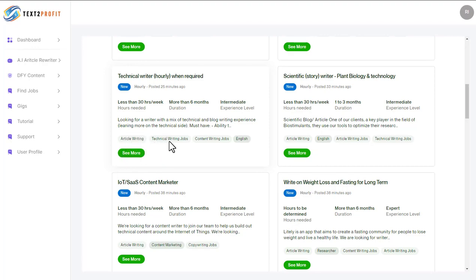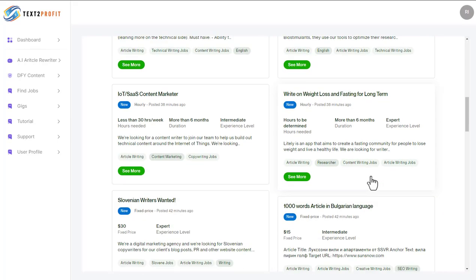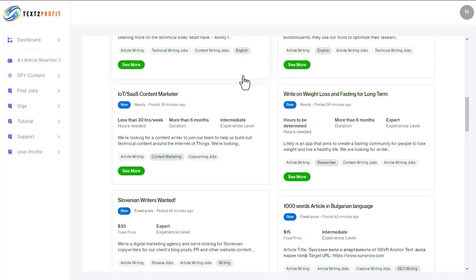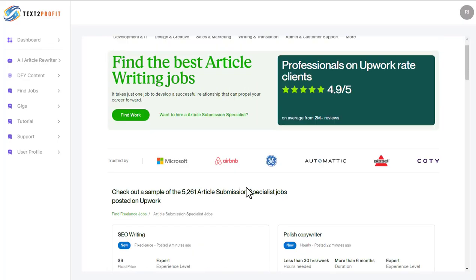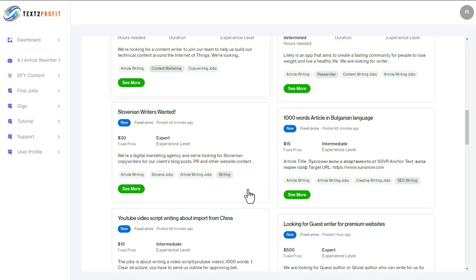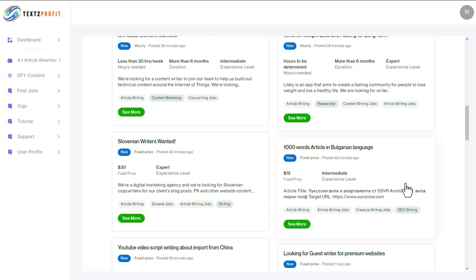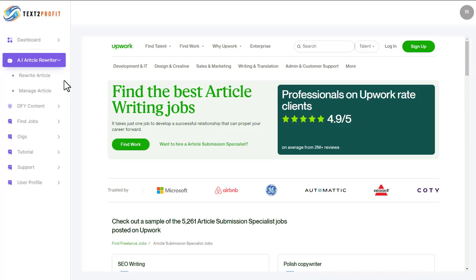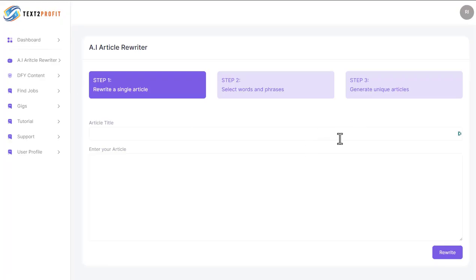These are article writing, technical writing, content writing. This is more than just getting an odd article and spinning it and sending it back. So there are jobs out there for people who understand how to become a proper copywriter. But again, some of these are in a different language. Just going back to this, I can't see anywhere on here that this gives me it in a different language. So again, this is a bit of a pointless software, isn't it?